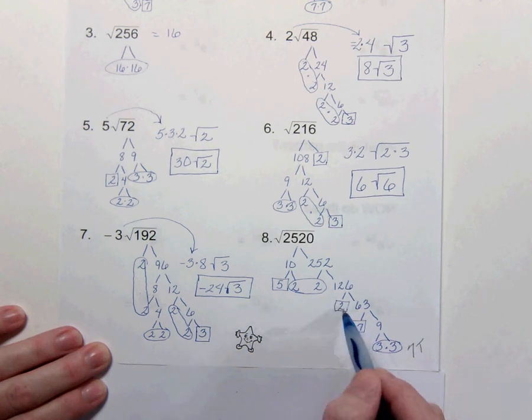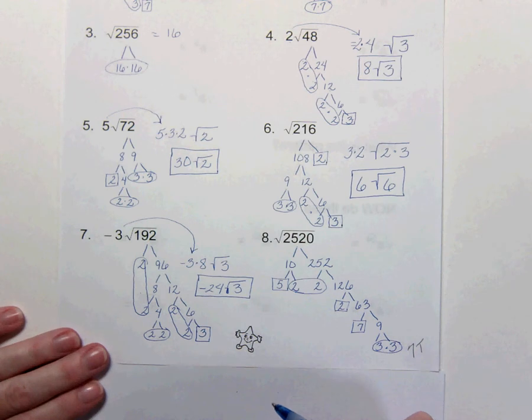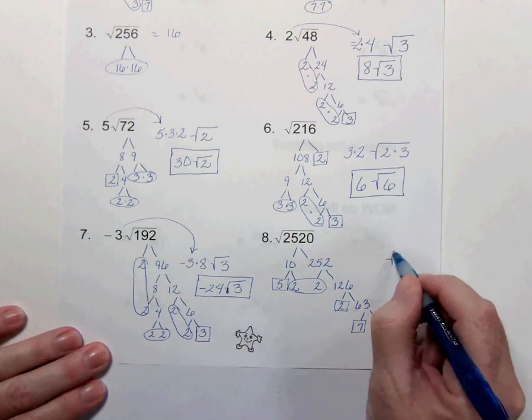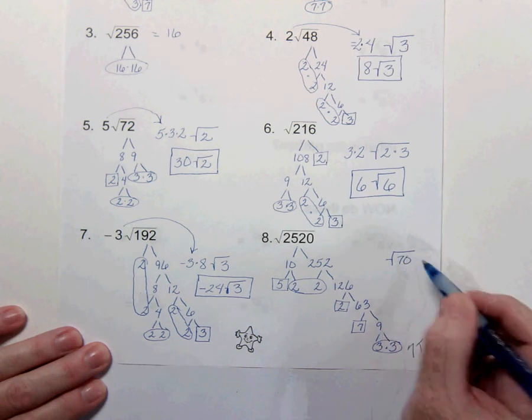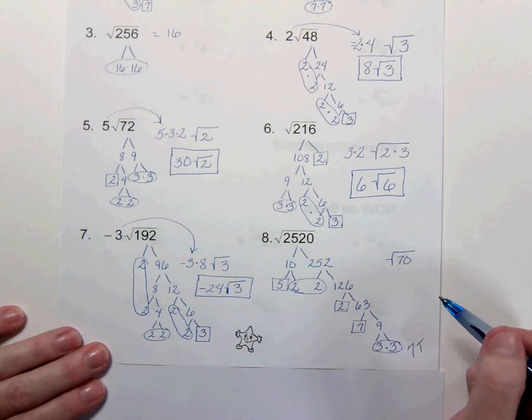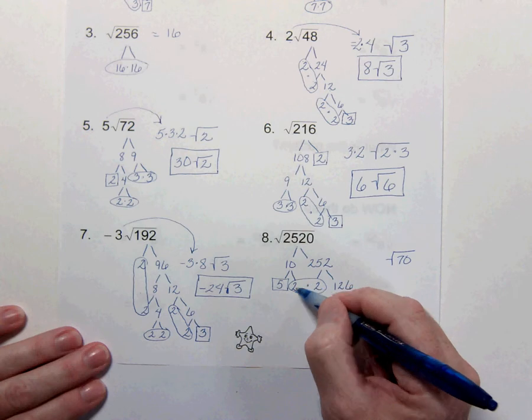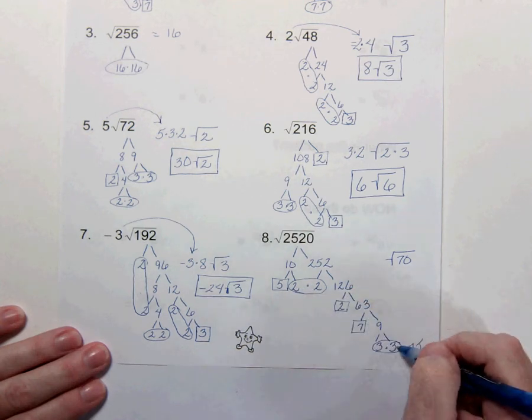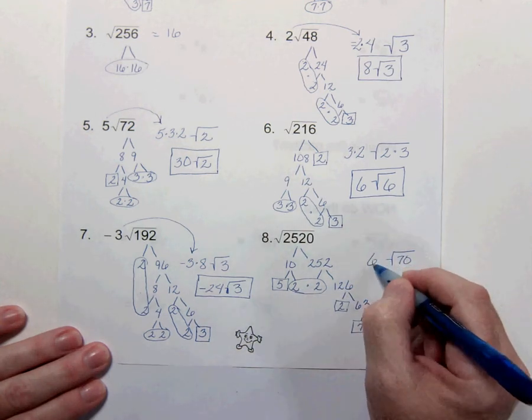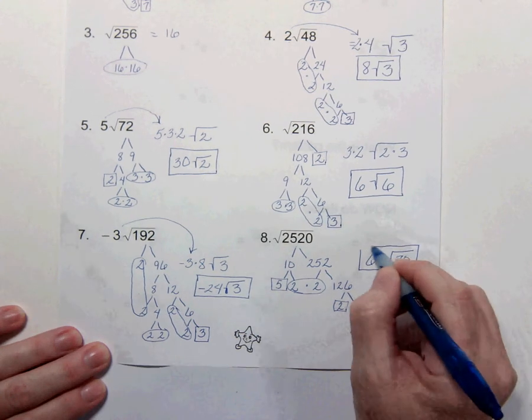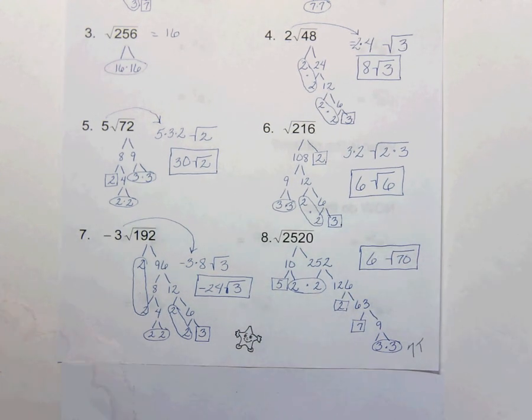Notice these are all prime numbers. You are going to multiply them back together. So what's left underneath the radical is a 70. 5 times 2 times 7 is 70. And what goes on the outside, this is a 2 and this is a pair of 3s, so you have 6. So hopefully that's what you got when you paused it and tried this on your own. And that concludes 7-4.